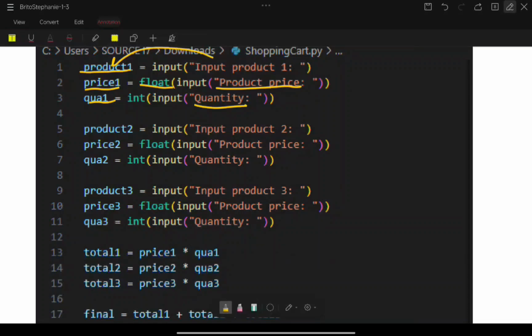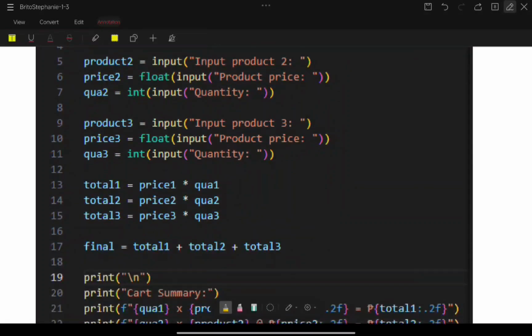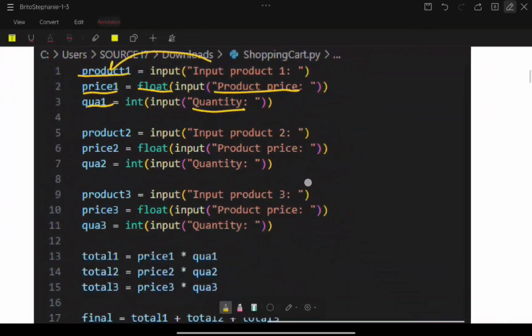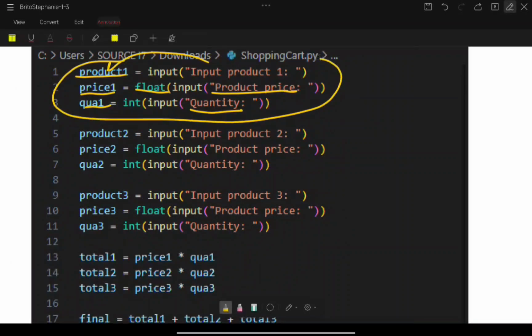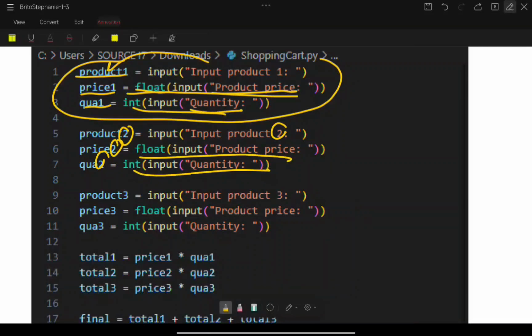And yung quantity natin is naka-integer lang kasi, for example, milk lang naman yung bibilhin mo, hindi mo naman siya pwedeng bilhin na naka-half. So, integer lang. Next, product number 2, isi-same lang natin yung process like in product number 1. But, in this case, papalitan lang natin siya ng number para hindi tayo malito. Nilagay lang natin na product number 2. But, same pa rin yung part na to, and ito din. Same pa rin yung way ng pag-input ng user. Then, same lang ulit. Copy natin, i-paste natin, then palitan ulit natin yung numbers for product